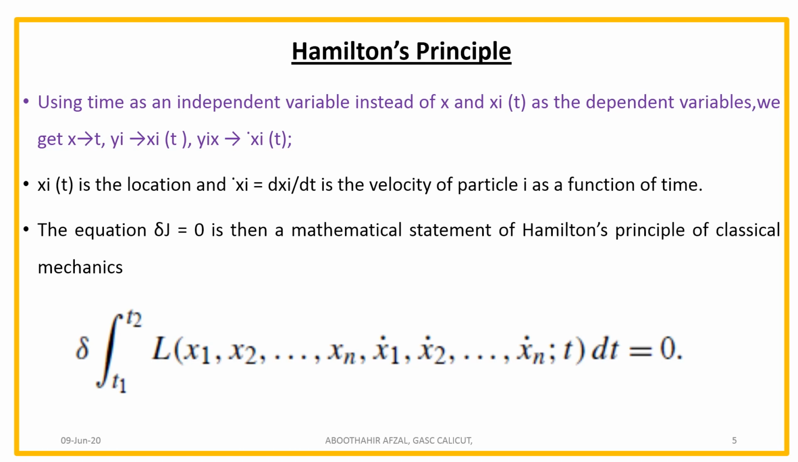So just compare with the previous case. Instead of x, here t will come. In the previous case where y comes, here x comes. So yix will become xi of t. That means dou y by dou x will become, in this case, dou x by dou t, because x is a dependent